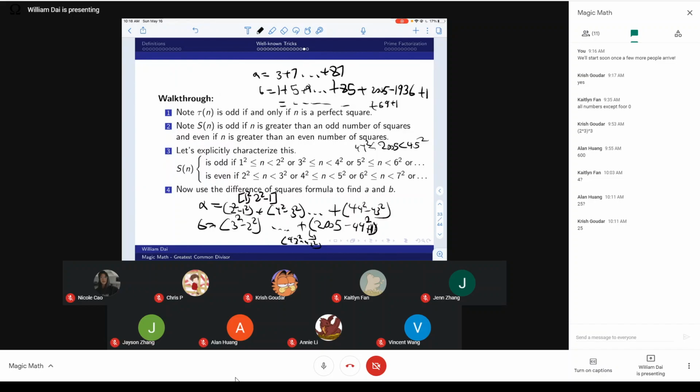Okay, so A minus B is, we can just pair these up: negative 2, negative 2, negative 2. There's going to be 87 minus 3 divided by 4 plus 1 of these terms here, which is going to leave us with 22 of these plus,